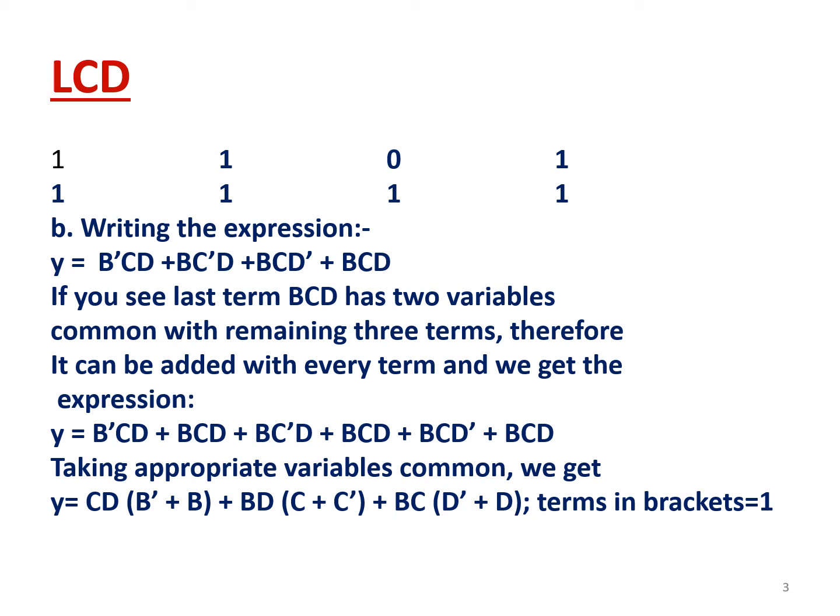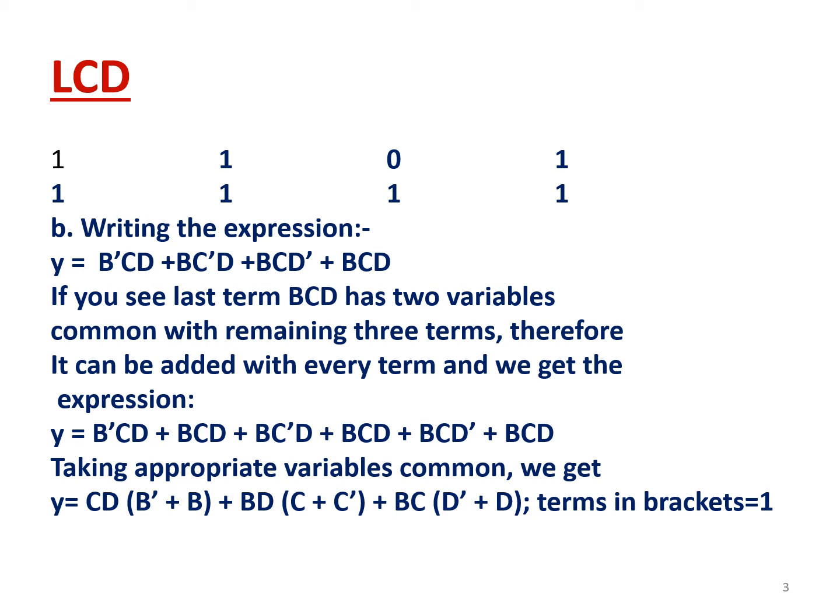Now I want to make a point here that till the time we study the K-map and the Quine-McCluskey method, which are basically to minimize the Boolean expressions, you have to use your intuitive method which you used to do in normal algebra. So we add this BCD term with the remaining three terms.